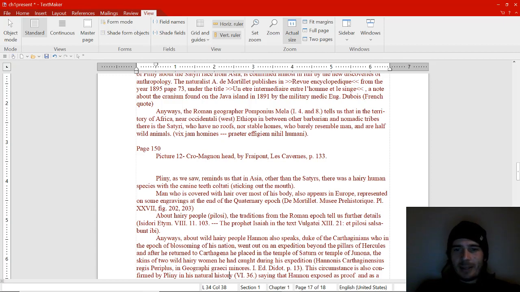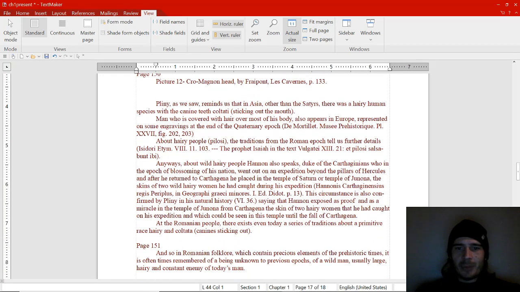Again, the Mortale, his book, or the museum, one of those. About hairy people, the traditions from the Roman epoch tell us further details. And then it's Isidori etymology, and also the prophet Isaiah in the text Vulgate. And they both use the word pilosi for hairy people. Anyways, about wild hairy people, Hanon also speaks, Duke of the Carthaginians, who in the epoch of blossoming of his